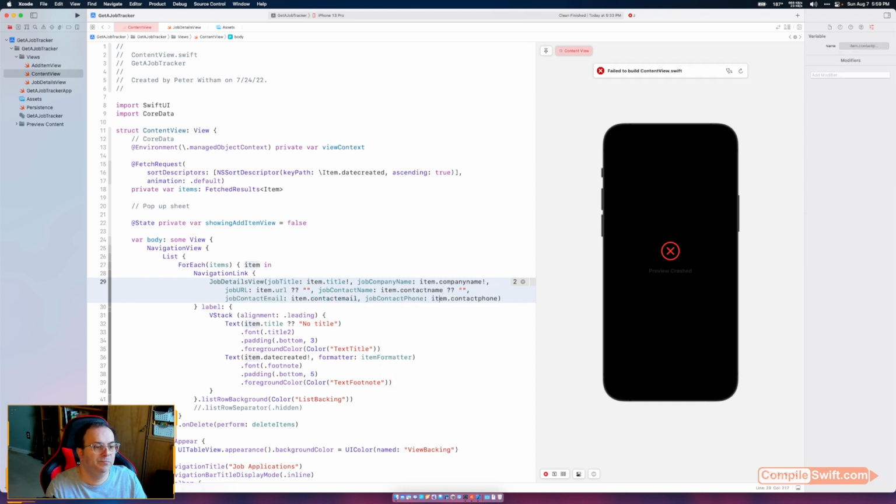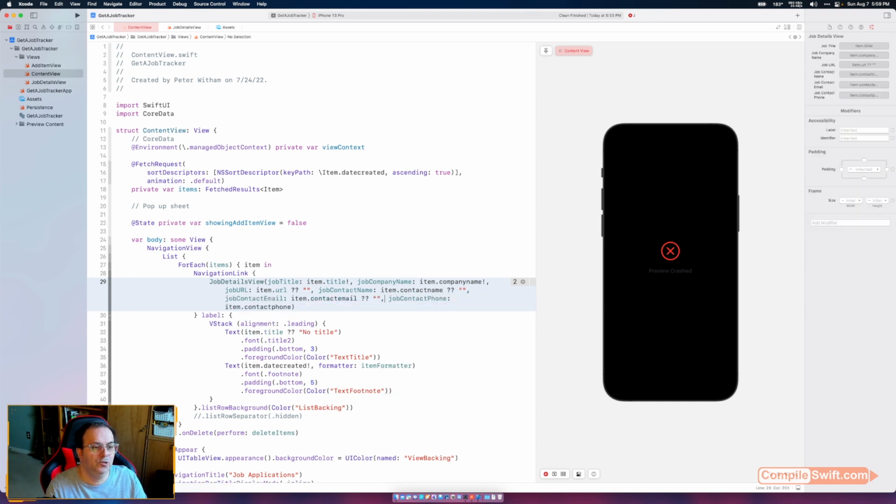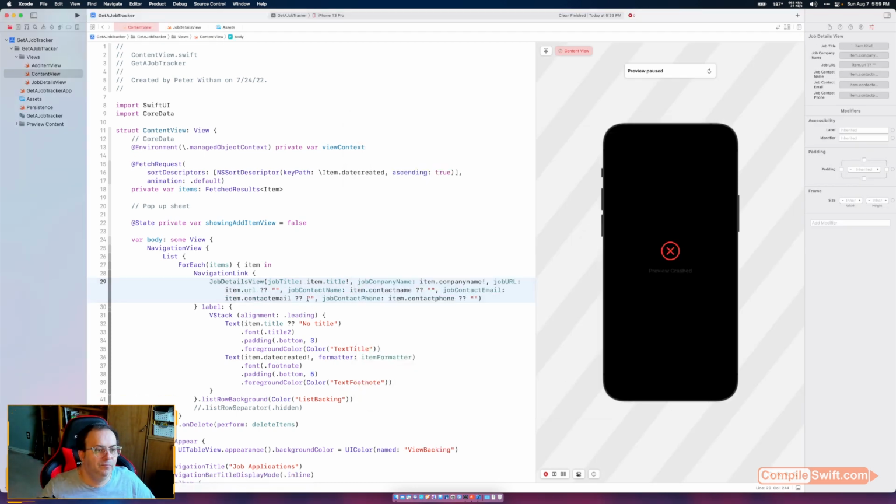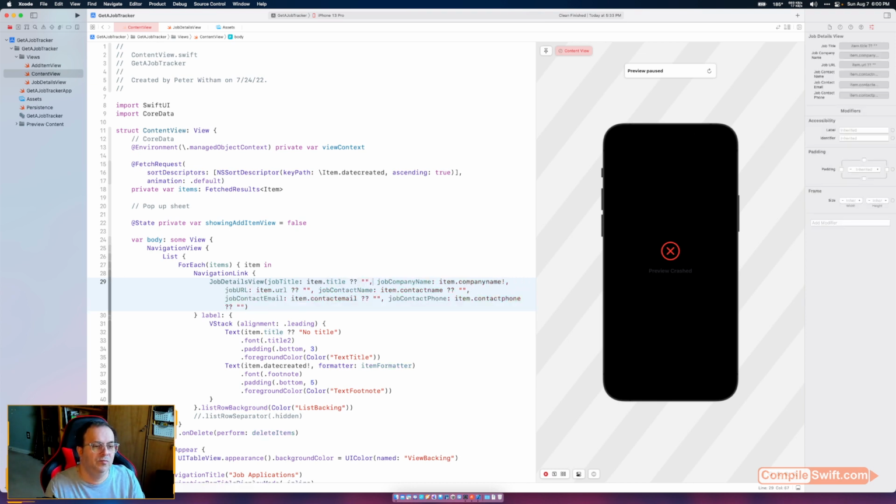Contact name. These ones actually could be empty, because, oh my God. Those are optional fields in the form, in the Core Data model. But maybe in this, to be truly safe,